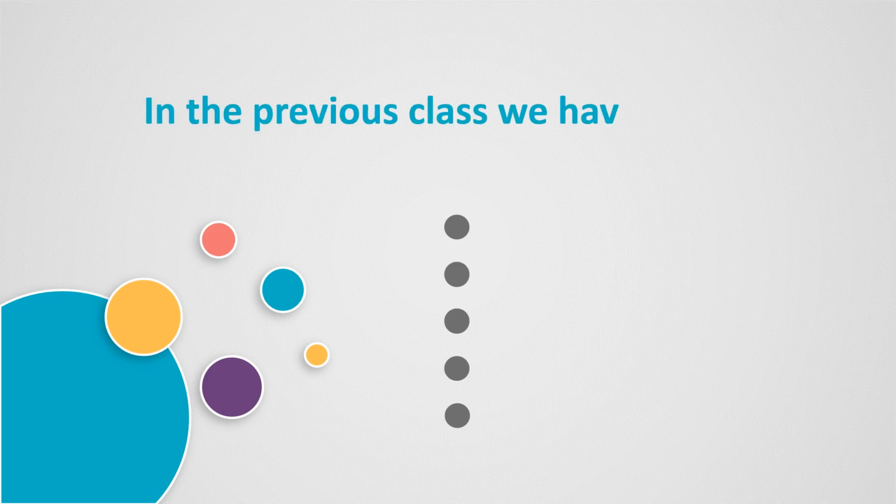Before starting today's class, let us have a quick recap of previous class. Students, in previous class, we have learned the following topics. Storage device. In everyday life, we use many storage devices like almirah, cupboard, locker, etc. to store things. In the same way, a computer also uses many types of storage devices for storage of data.